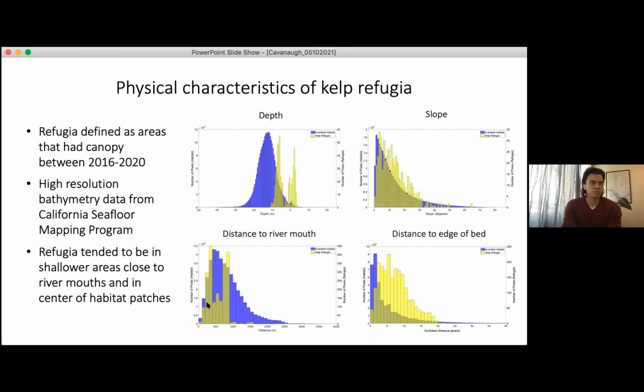They're clustered close to river mouths. We think that freshwater might have a negative impact on sea urchins, and so that could explain this river mouth effect, where it shelters the kelp from urchins. And then they tend to be in the center of habitat patches, so towards the higher distance to the edge of the bed. These central areas of the patch tend to be a little bit more likely to be